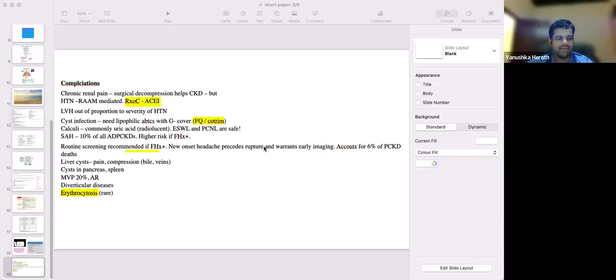In active SLE, their ESR will be high. Their anti-double strand DNA will be high. Their C3, C4 will be low. So there is no answer with all three. So the answer is no answer here. But I think for the sake of the argument, B is correct here.